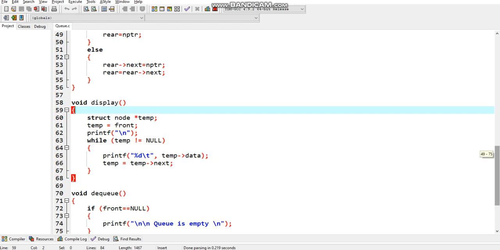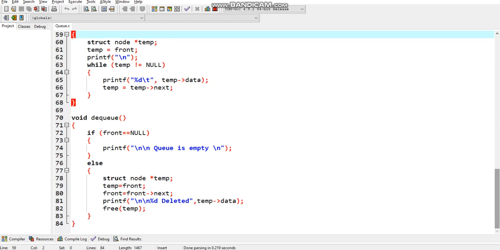In the third function, void dq, if front equal to null, meaning we have to pop out the elements, and the front is null, it will display that the queue is empty. Otherwise we have to delete in the else part.